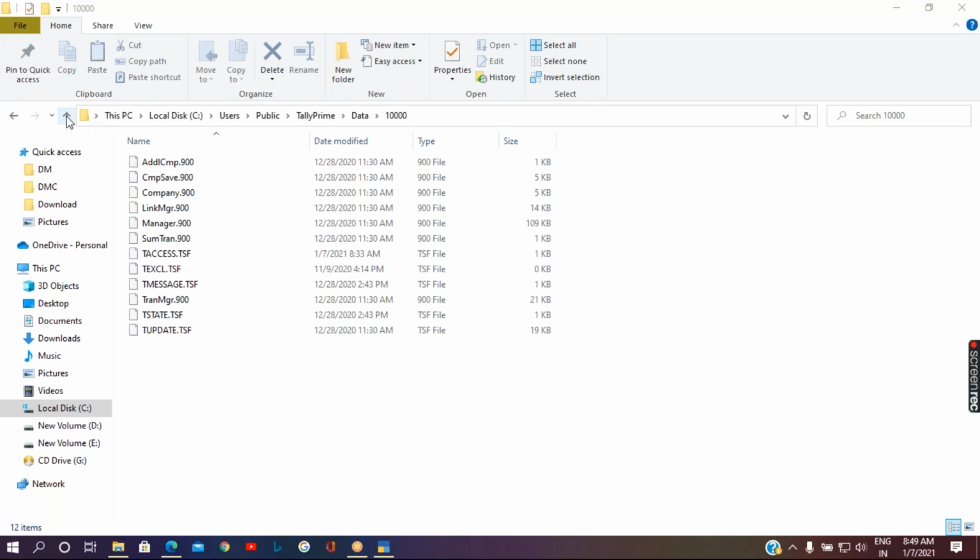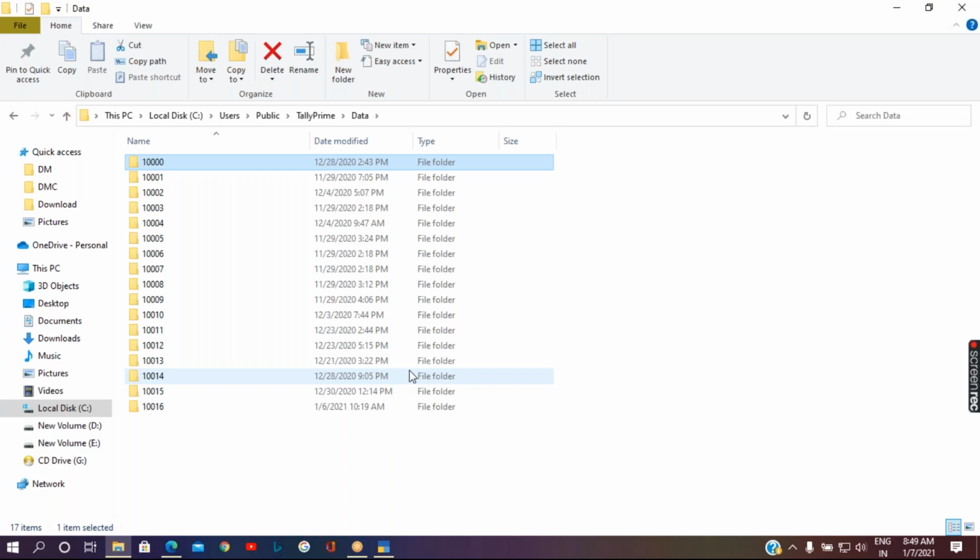Whenever you create any Tally data, it should be saved in the local drive of the system. In that local drive, there will be one particular folder. When you copy this path and give it inside Tally, Tally itself will take its own path in the local drive of the system. In whichever drive you have installed Tally, it will take that.